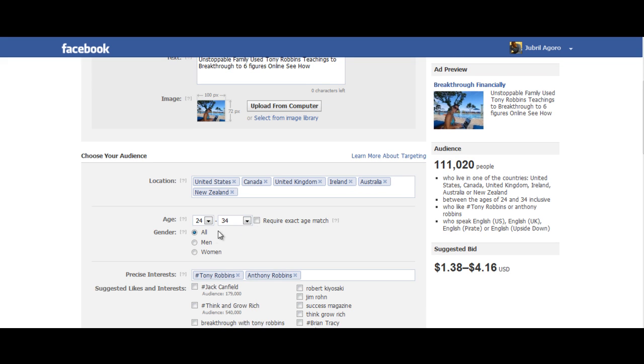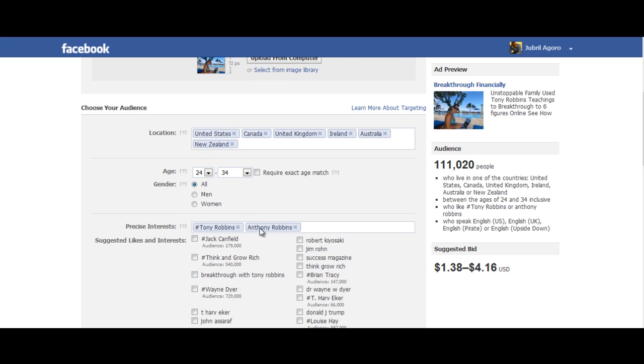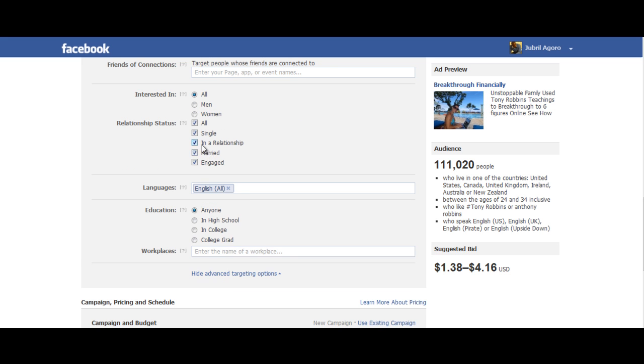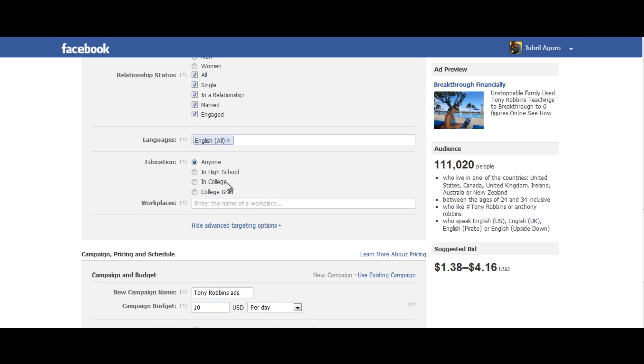So I have this group targeting men and women, and as you can see here, no social connections or friends of connections, since it's not going to the fan pages or anything. Interested, really doesn't matter the sexual orientation. I don't really mind, and all different ages and all different relationship statuses. English, and I said anyone. We don't discriminate as long as you have a desire, and basically it doesn't matter if you've graduated high school, college, or are a college grad. We've had excellent people from all different walks of life.